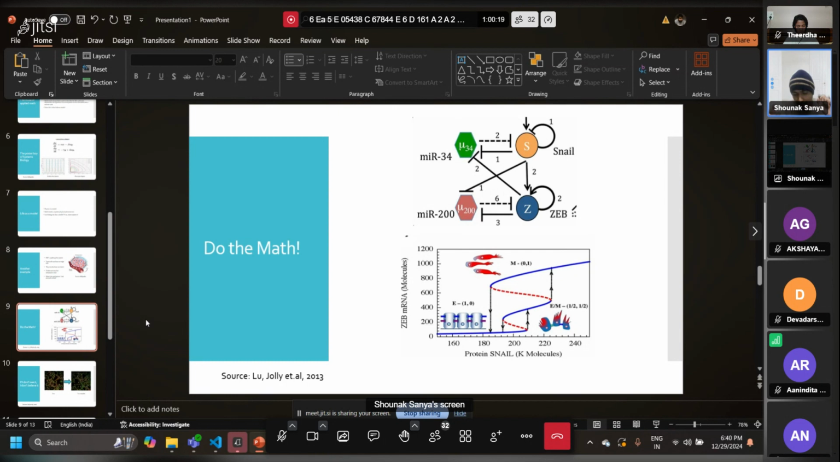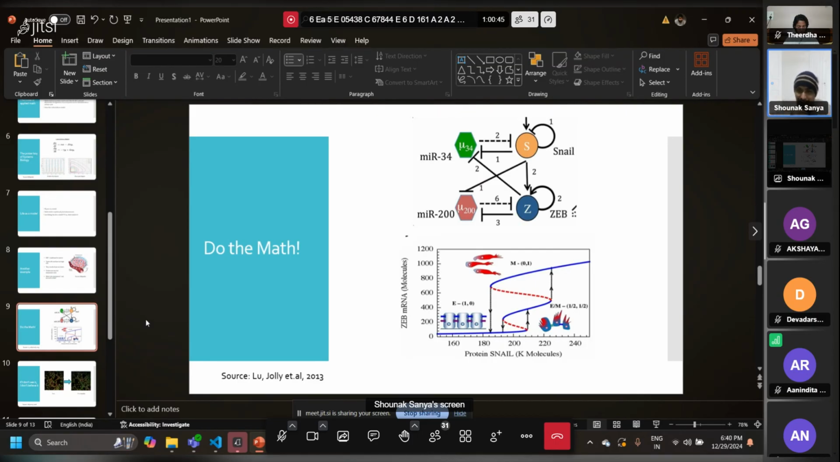So when there is very little ZEB, you can find again it's only epithelial. However, when it's too high, you can find it's mesenchymal. And in a very stringent region of both the proteins, I'm sorry, both the protein SNAIL and the ZEB mRNA, you're going to observe this weird case. Okay, maybe not weird, but this rather interesting case